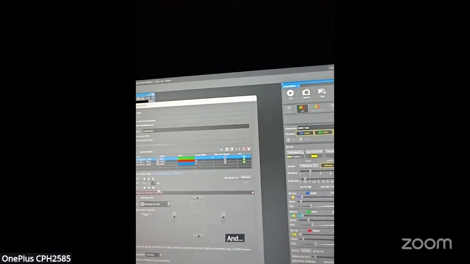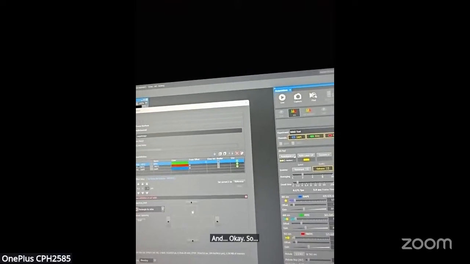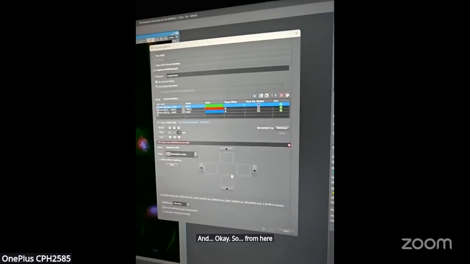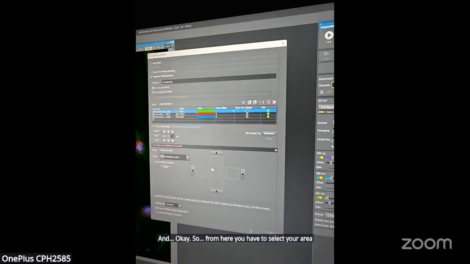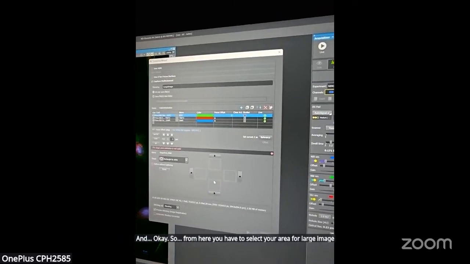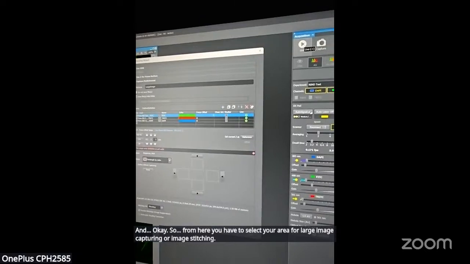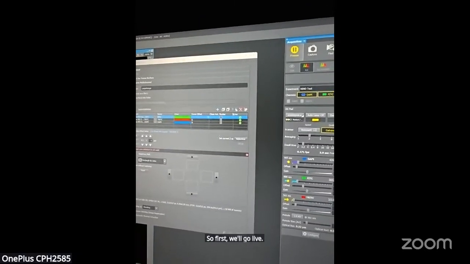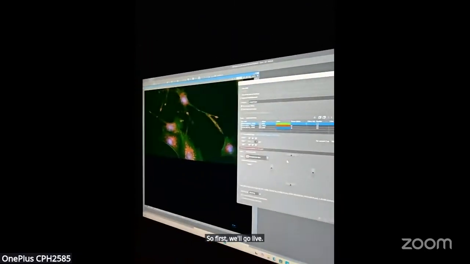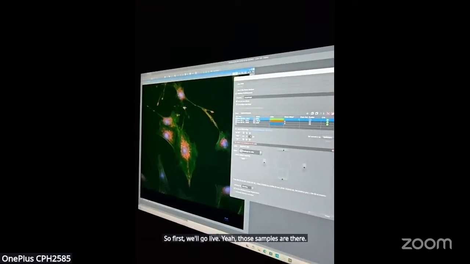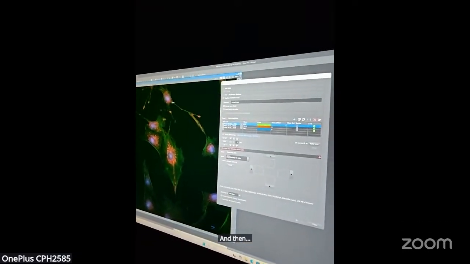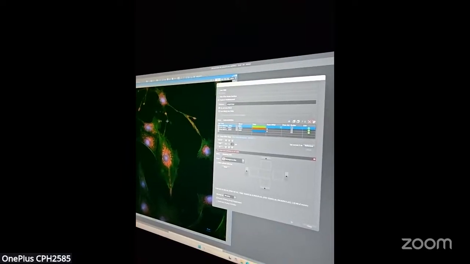From here, you have to select your area for large image capturing or image stitching. So first we'll go live. Okay, here those samples are there, and then we'll go up.